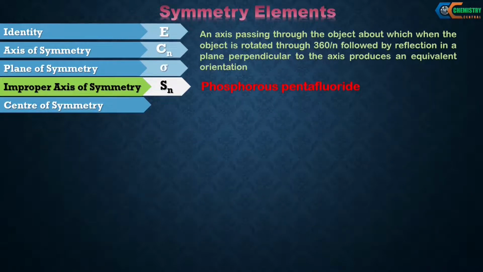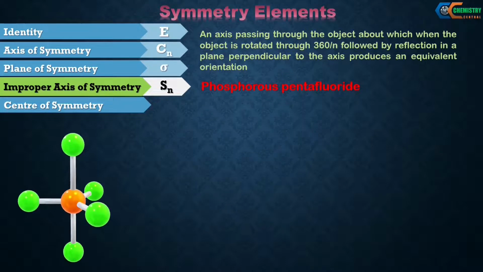Take phosphorus pentafluoride for example. This molecule has trigonal bipyramidal geometry. Here, 3 fluorine atoms lie on the equatorial plane having 120 degree angle between them, and 2 fluorine atoms are found at axial positions, one above and one below the plane, both at 90 degree angle with respect to the plane. The principal axis can be imagined passing through these axial fluorine atoms through the center of the molecule. Call this initial structure A and mark all the fluorine atoms with numbers.